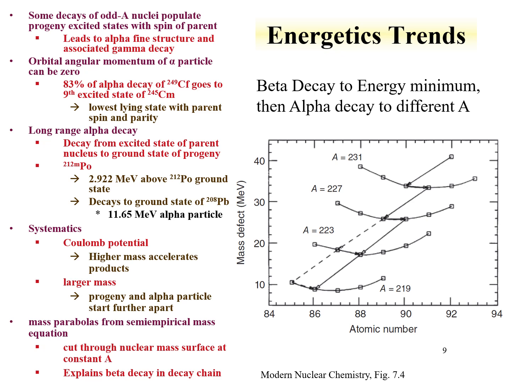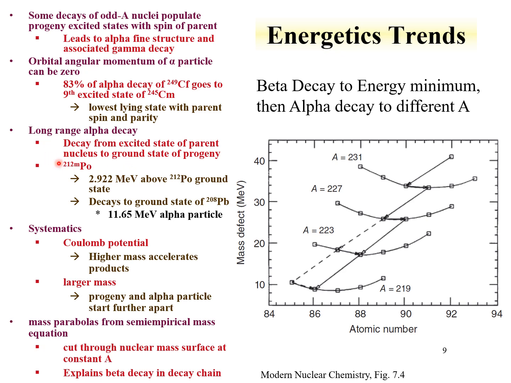So that we can understand why certain isotopes have fine structure and certain don't. For instance, even nuclei, since their spin and parity is 0+, will often decay to the ground state of the progeny because their spin and parity is 0+, and the alpha particle also has 0+ spin and parity. We can also observe long-range alpha decay, which is really the decay from a metastable state to the ground